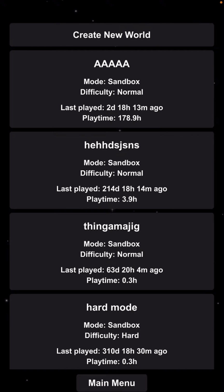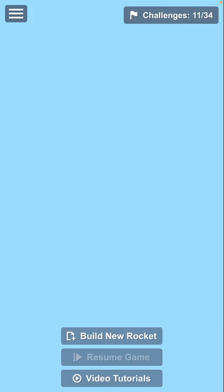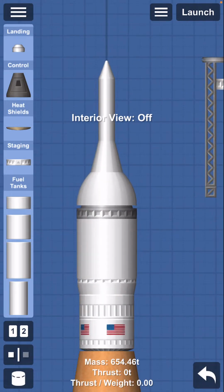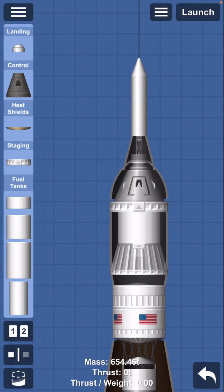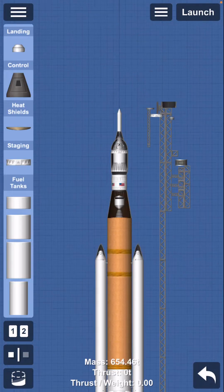Alright, what we're gonna do is, since Artemis 2 is launching soon, we're gonna finish this thing, and we're actually not that far away from finishing, and I'm gonna be really happy. Oh yeah, we're still gonna need to do the solar panels. Alright, I guess, are you seriously the only person watching? That is depressing. Just like my own life. Okay, anyways. We're gonna finish the rest of this rocket. We just need to do what seems to be the solar panels, and